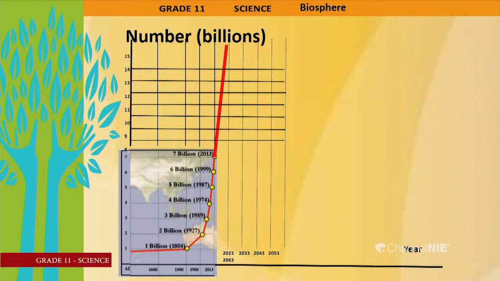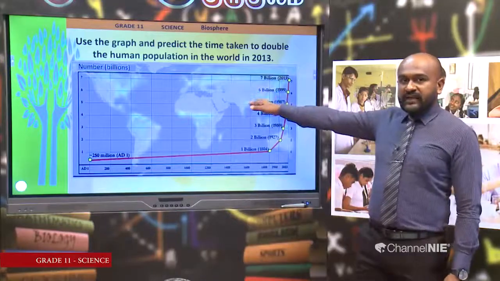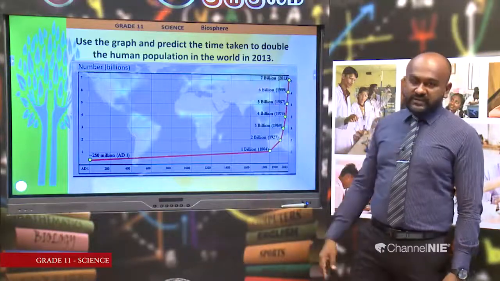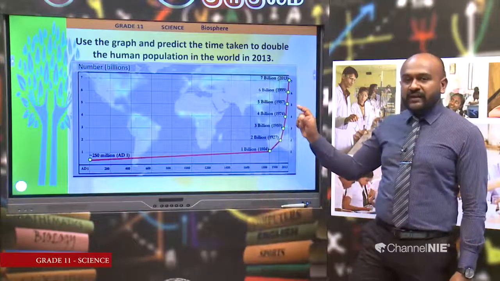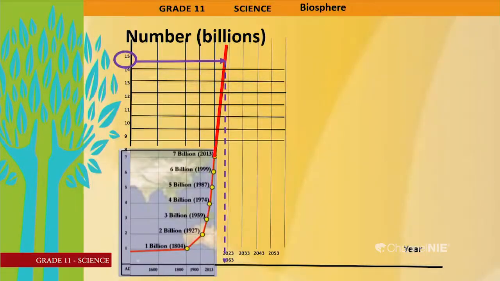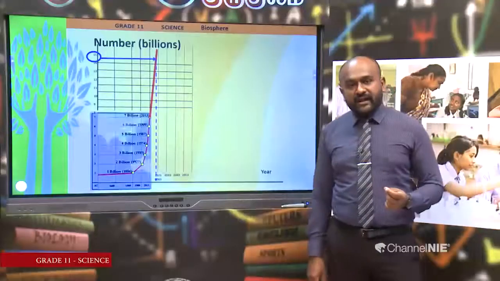So, in this way, using growth curves we can even predict the time taken to increase the population by a certain number of times. You can see how it is done. I think now it might be very clear to you. Using a growth curve like this, we can predict the time taken by a population to double. Now, you can see how it is done in the next slide. You all can now do this at home and see whether you get the correct answer.